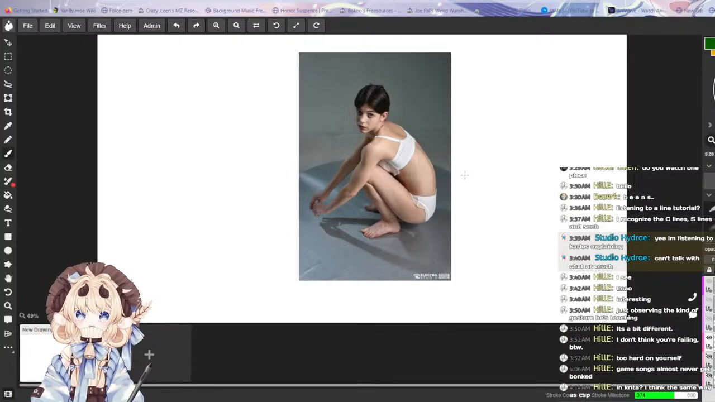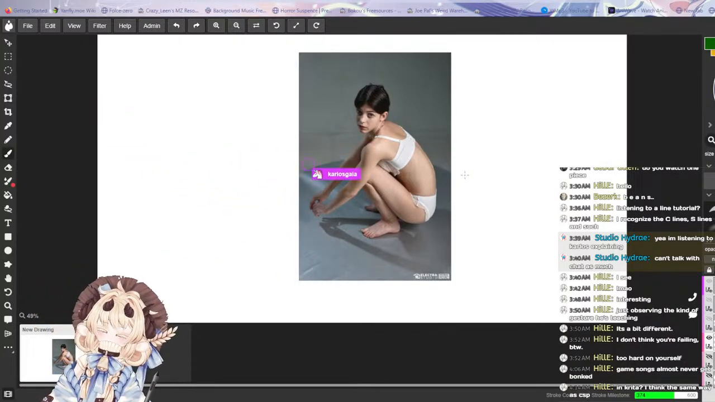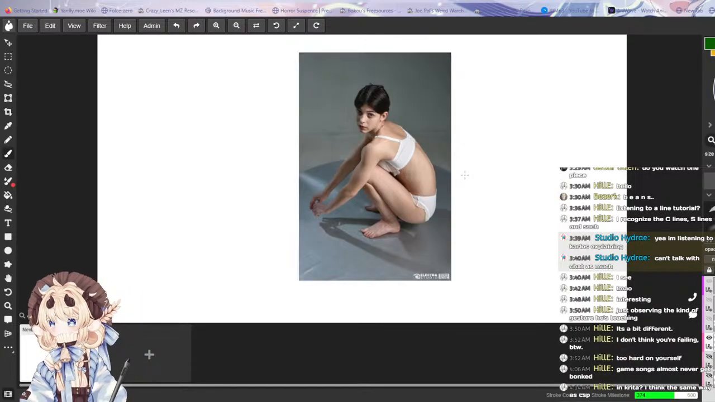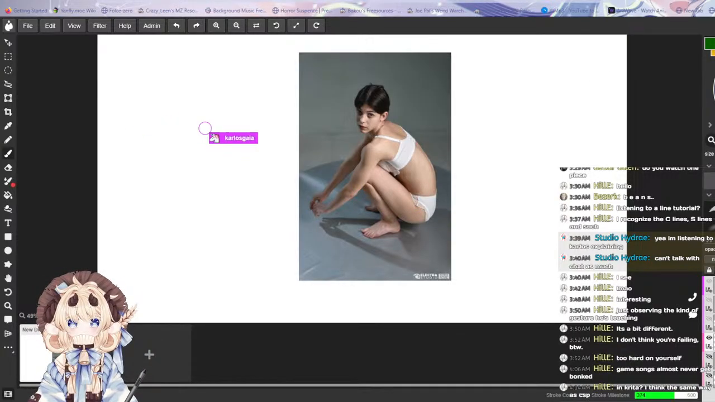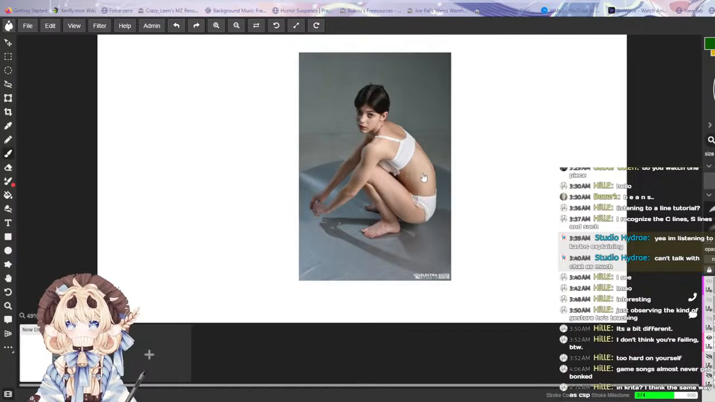This one. Oh, crouching one. Okay. Yeah, but this is the thing that I was talking about. In this reference, let me make a new layer. In this reference, you can clearly tell how the back bends,